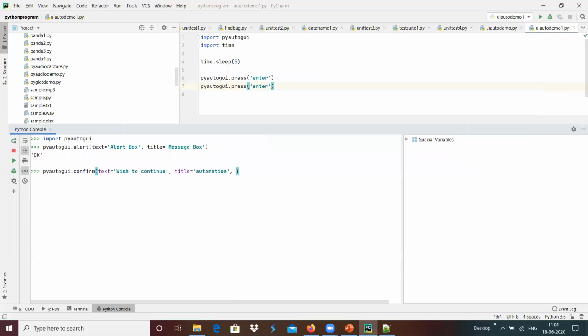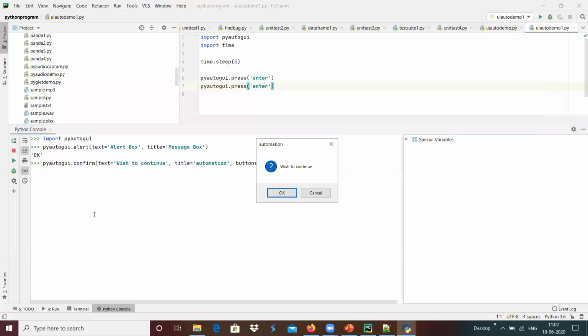For example, buttons equals something like OK and cancel over here. And once it is done, we get a title, automation, wish to continue, and OK or cancel over here.